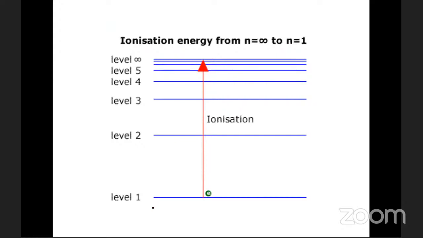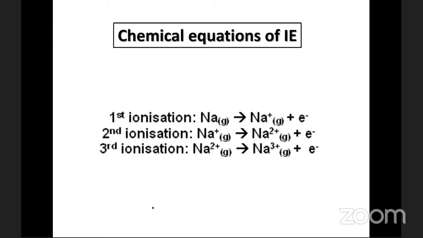Okay, next is ionization energy. What does it mean by ionization? If you give the electron very high energy, the electron will get out of the atom. It will say bye-bye to the atom. And when this happens, the atom is said to be ionized. The definition of ionization energy is the minimum energy required